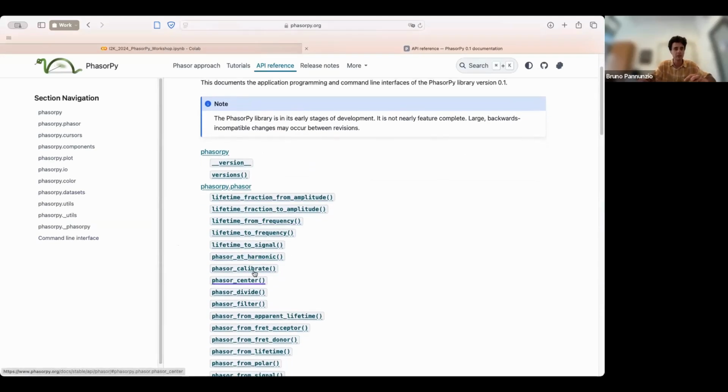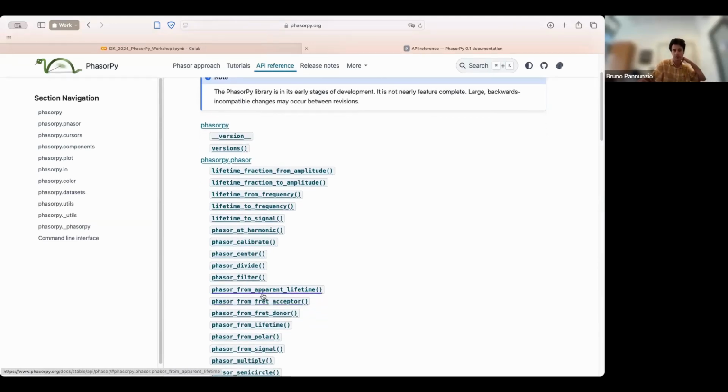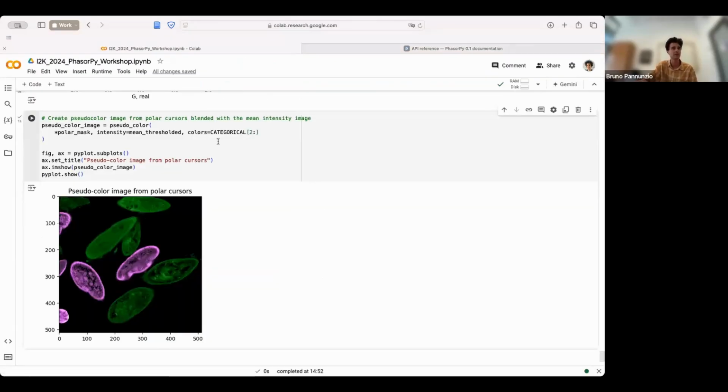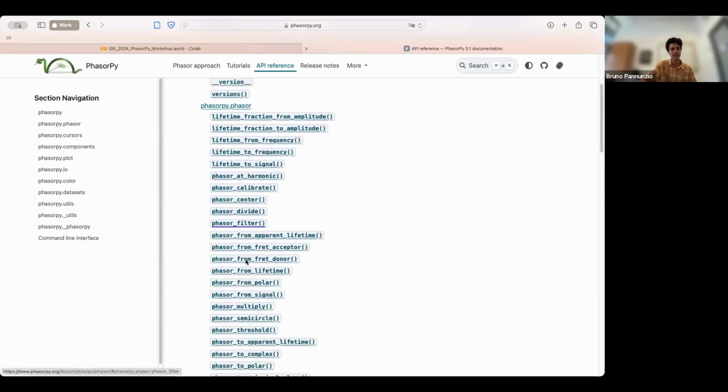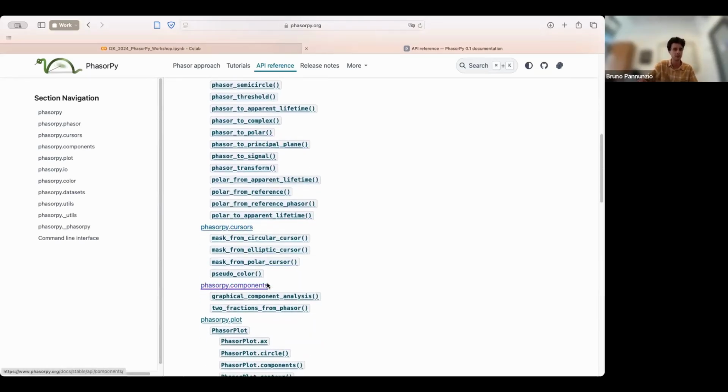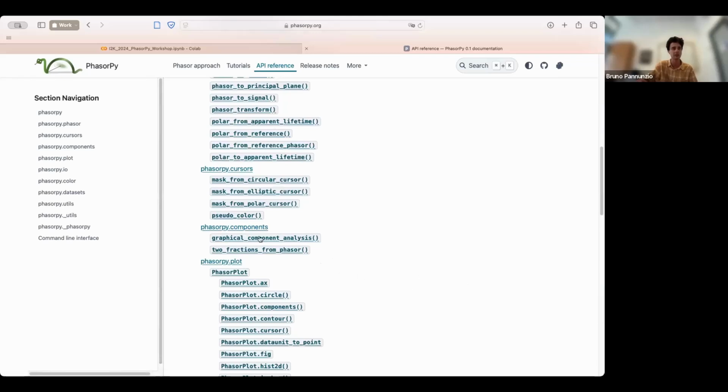I encourage you to go through each of them because we have a wide variety of tools that can be useful for phasor analysis. I just showed you the main functions because of time constraints, but we have a lot of tools available already to be used, and we plan to include a lot more in the short and